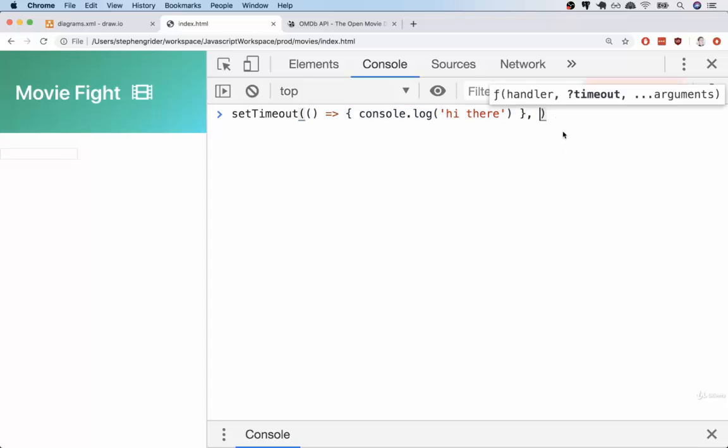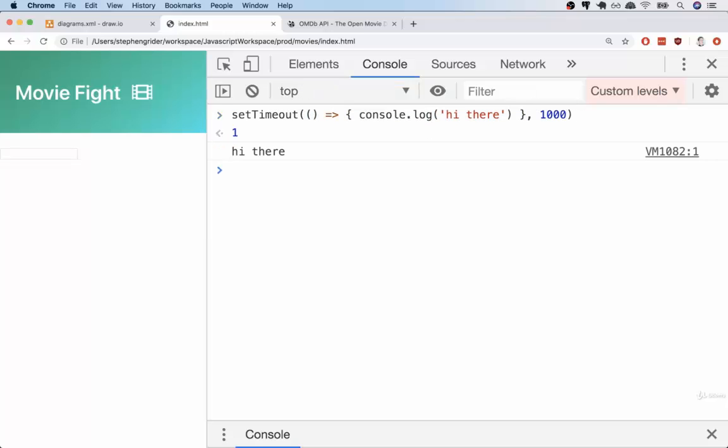So as the second argument to setTimeout, I'm going to put in 1,000, which means that I want to wait 1 second or 1,000 milliseconds before executing that function. So if I run that, I'll wait for about a second, and then I see "hi there" appear. I can adjust it up to 5 seconds, and now we'll wait 5 seconds before that function is